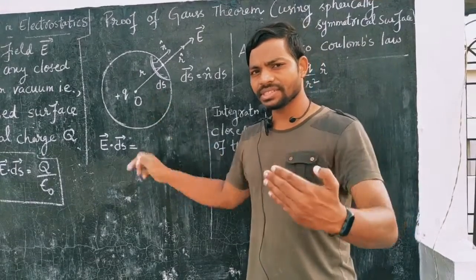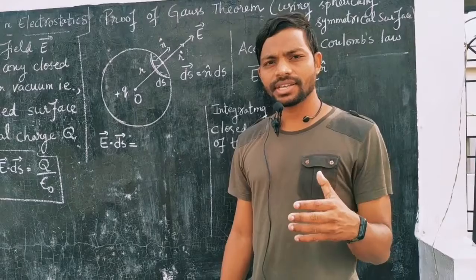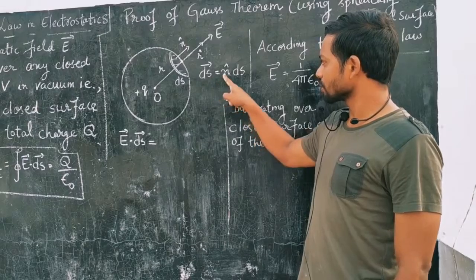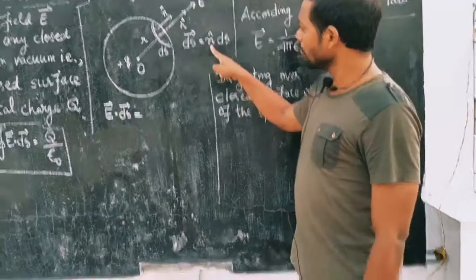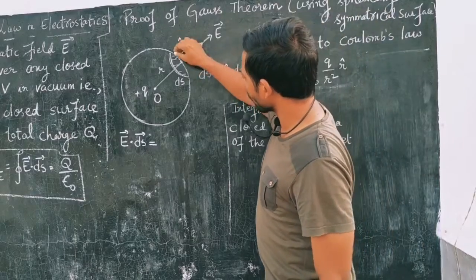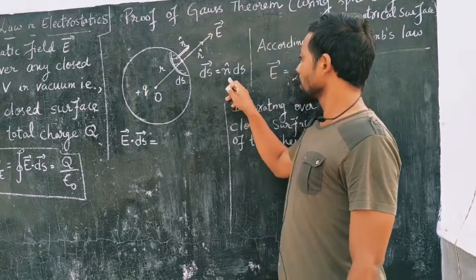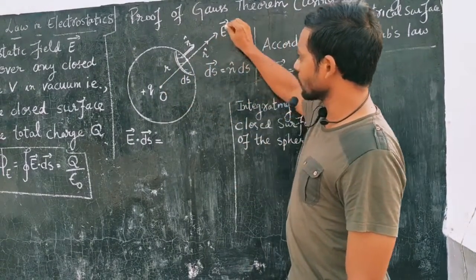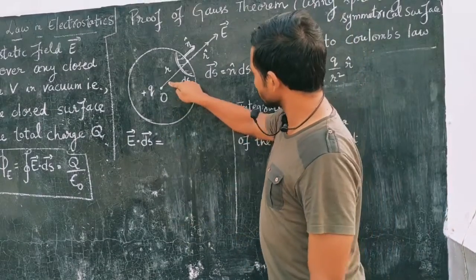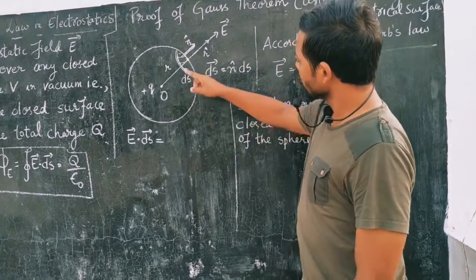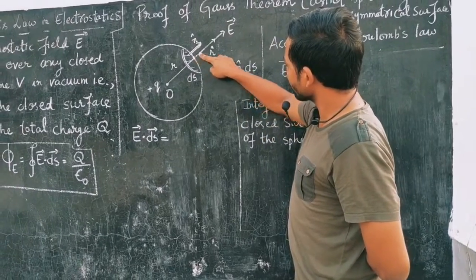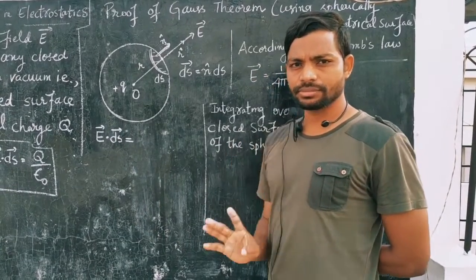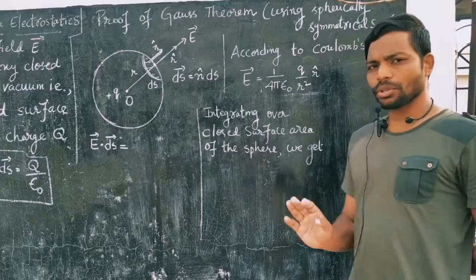So in the previous classes I told you area can be considered as vector. So here it is area vector. So dS vector is given by n cap dS. This is the direction of the area vector, and this is the magnitude dS, right? So you can see the electric field intensity is directed radially outwards, right? So here what we can understand is the direction of electric field intensity as well as area vector is same. The angle between them is 0 degrees. Okay, fine.